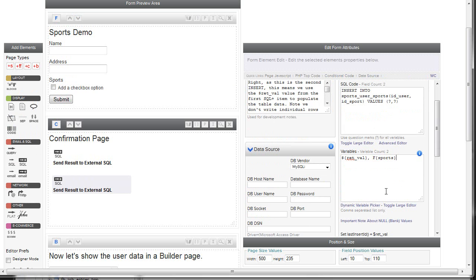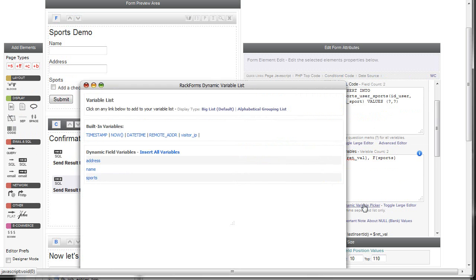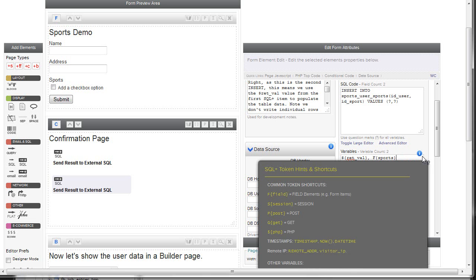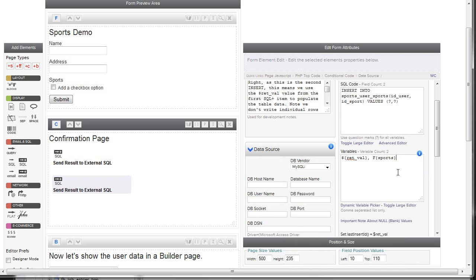And of course, we should mention that we have the dynamic variable picker as well. If I click this guy, here's those 3 fields. So if I, for some reason, wanted to insert name again, all you have to do is just click name, and RackForms is automatically going to put in the token for the form field name. But hopefully it's pretty simple to remember. F for form fields, S for session, P for post, etc. So anyway,